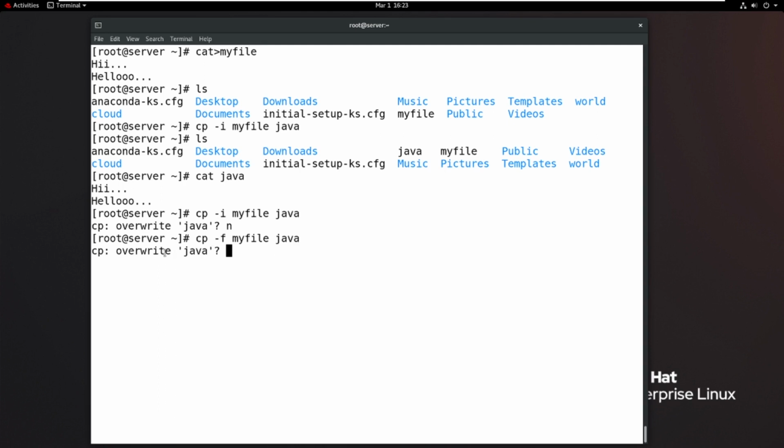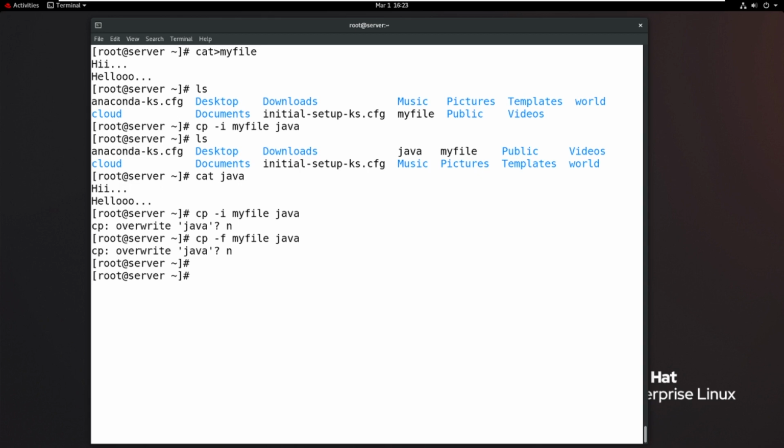That's why the overwriting option is the default. So it is very beautiful now. I don't want to overwrite it. In the copy command the -f option is not working, but up to Red Hat 7 -f was working. In Red Hat 8 there is a small change: -i and -f are both the same in the cp command. That is the only beauty, otherwise you lose the content.